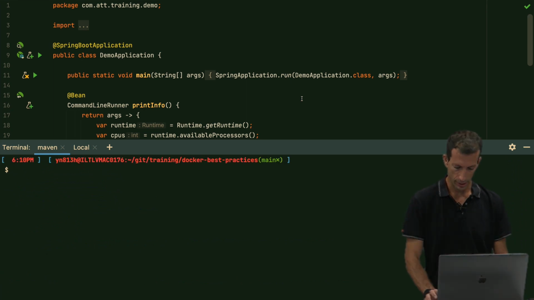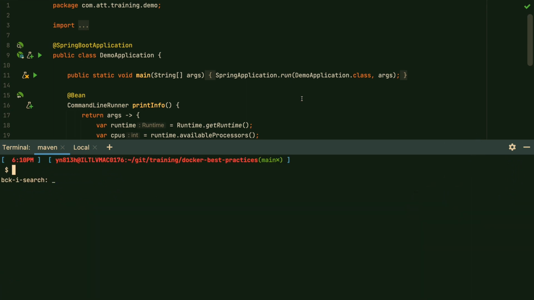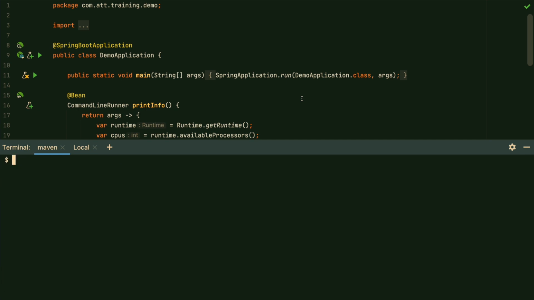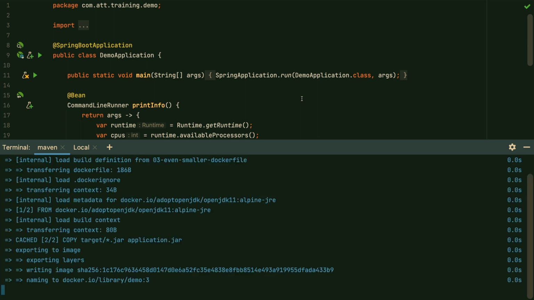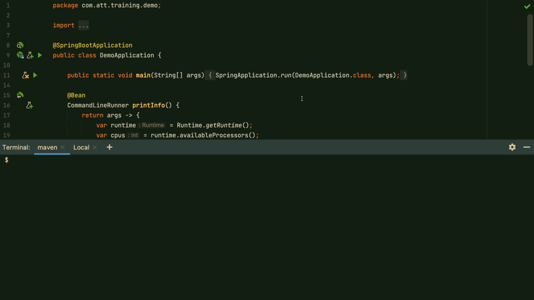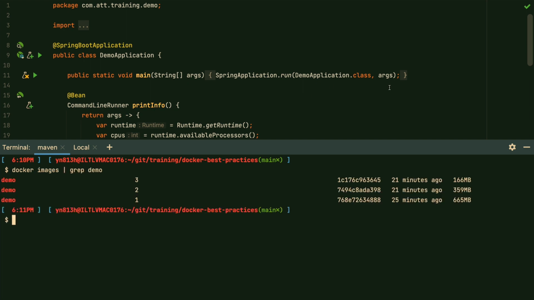So let's build these two images. Let's go ahead and build number 2. And we'll go ahead and build number 3 too. There we go. What I'm going to do now is look at the sizes of these images. So let's take a look. We have